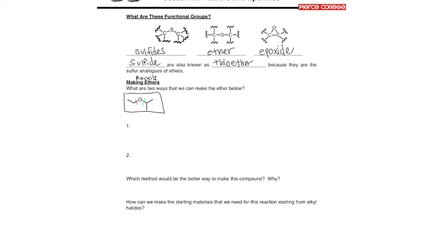So let's see if we pick the red path. In other words, everything on this side of the red line was one starting material, and everything on this side of the red line was another starting material. So I'll write the whole thing in red. So that means I had ethyl, and then let's put a leaving group on there, because with an oxygen nucleophile, which would have been this piece, we need a leaving group because we're basically going to do an SN2, right? So we've learned that.